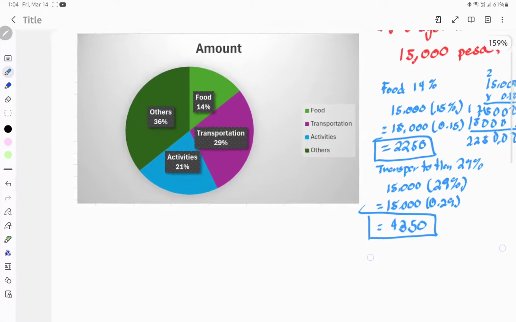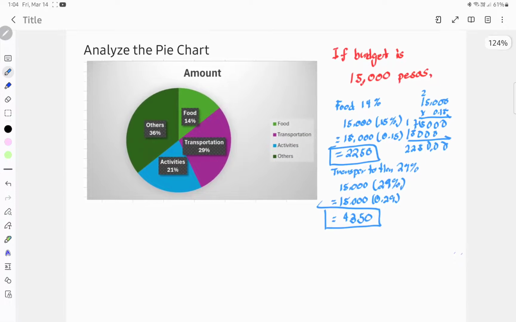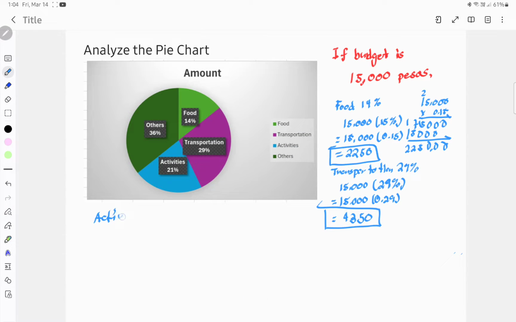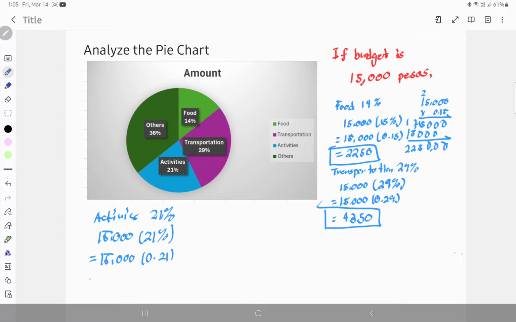Now, let's have the allocation for activities. Activities would be 21%. So setting it up, you have 15,000 multiplied by 21%. Working with that, it will be 0.21. So 15,000 multiplied by 0.21 is around